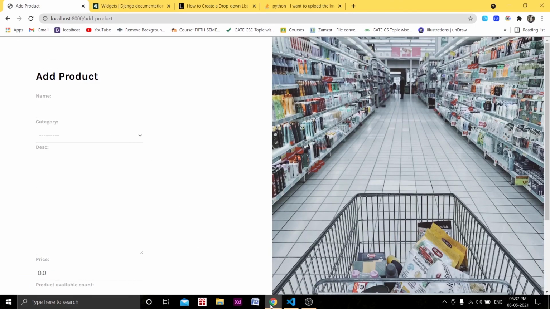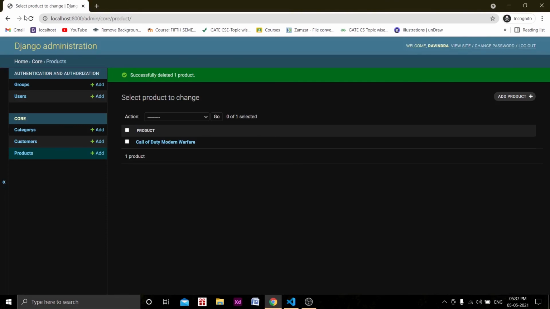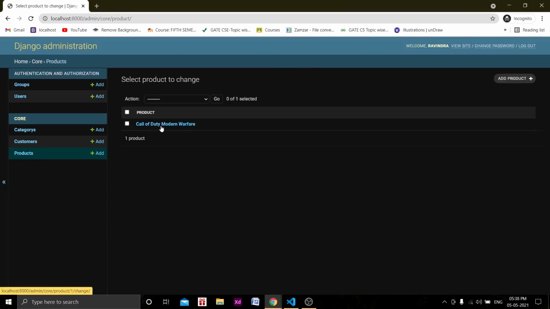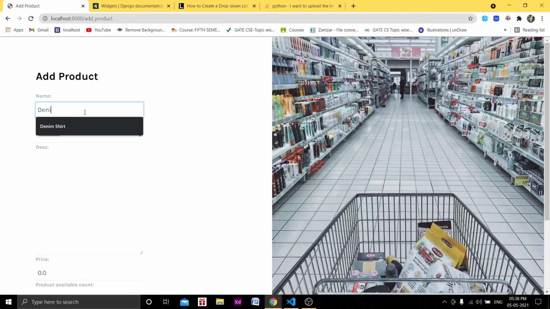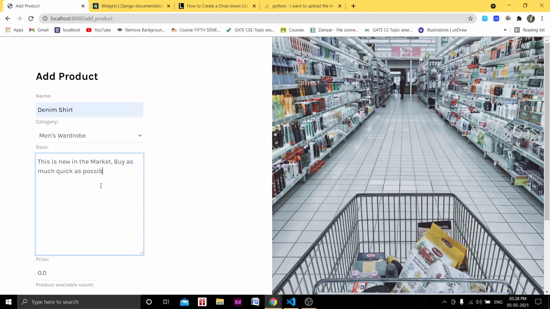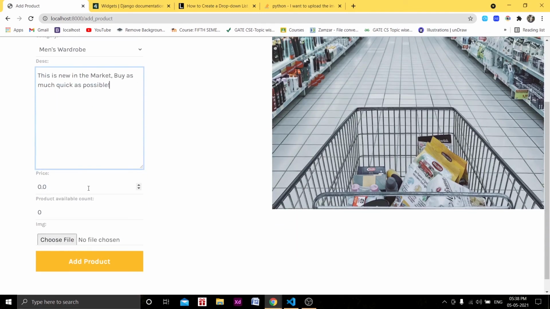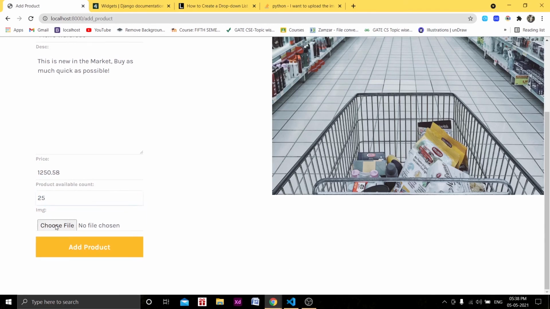Now let's see the admin panel. There is nothing in the admin panel right now except the Call of Duty that we added before. Now let's add that denim shirt. You can add any text. I will give the price as 1258, and I have 25 denim shirts.